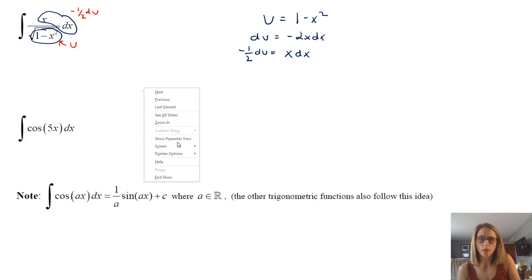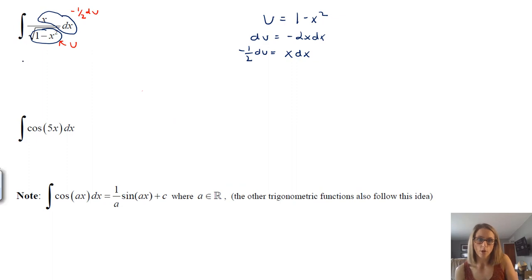And then that allows me to rewrite everything with a u, except of course, I'm still going to have that square root. That square root's not gone. So I'll write one line here and then I'll move down. So I'm going to have the integral. The numerator is just going to be a 1. Sometimes you might see the du up there. I'm going to put it over on the side here, but it's no different. I'm going to have the negative 1/2, and then I have the square root of u.